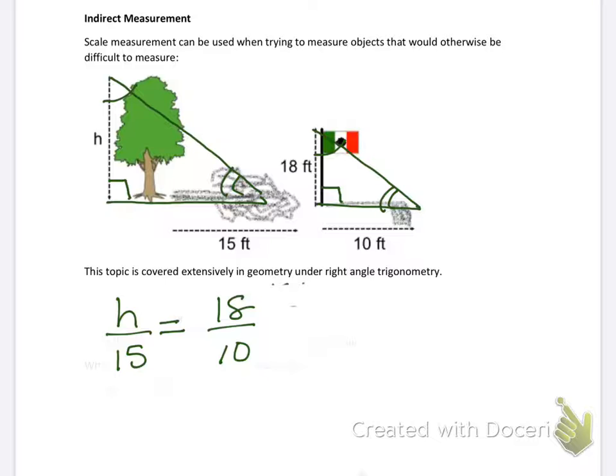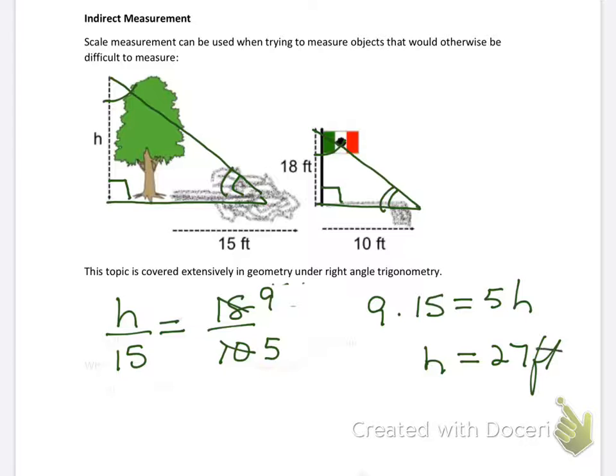So what I'm going to do is divide these guys in half. So this is 9 and 5. And then when I solve, 9 times 15 equals 5 times h. And I'm going to end up with h is 27 feet. So I've solved for the height of the tree as being 27 feet tall. And I did that using indirect measurement. I didn't climb the tree and measure it. I was able to do the math of it relying upon the